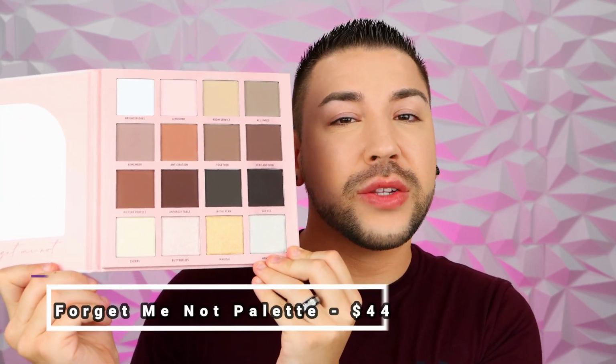Okay, so Blend Bunny Cosmetics just released 2 new products, and the first one being the brand new Forget Me Not Versatile Eye and Face Palette. Okay, so this palette opens up like this, which I think is pretty fun. This retails for $44. This features 16 versatile, beautiful shades, so you can pretty much almost do a full face